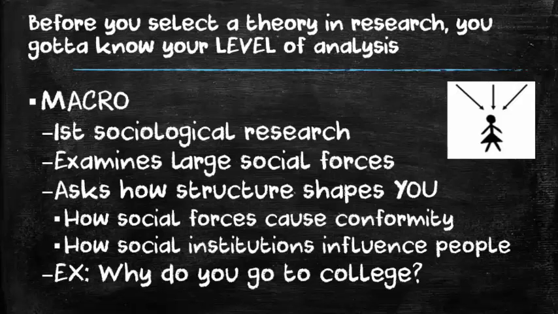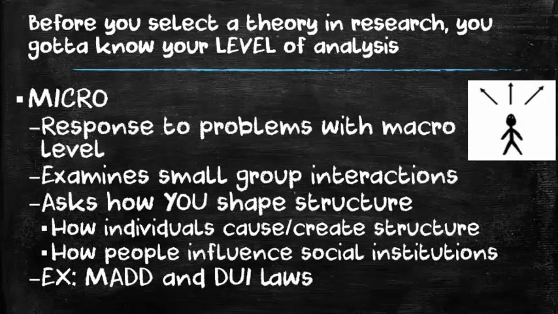So you might be asking the question right about now, well, what about me? Don't I get to make some decisions that are my own decisions? And the answer to that would be yes, and it caused some conflict early on in the field of sociology that we were only looking at things in the realm of people conforming to structure. And so some of our sociological theorists started to think about things flipped around the other direction, and that gets us to our second level of analysis, the micro level.